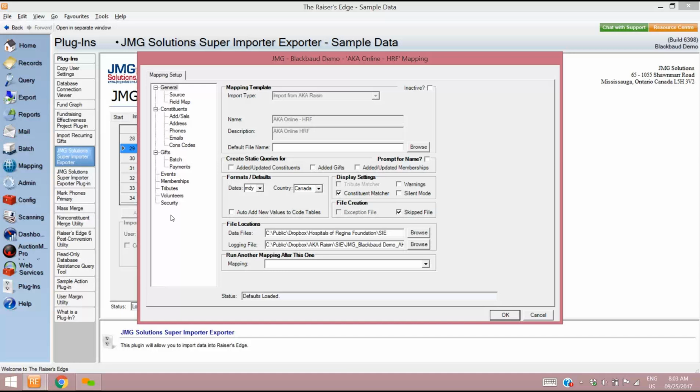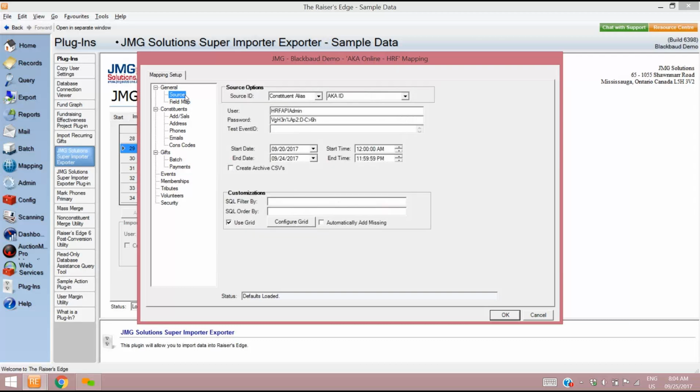Basically, the mapping process is the same no matter what data you're bringing in. There are a few little changes depending on the source of the data, whether it's aka Raisin versus a CSV file, for example. On this screen, there's not a whole lot we have to worry about. This is more of a setup screen. However, I want to draw your attention to the constituent matcher, which we're going to talk about at the end when we run the video. Under the Source tab, aka Raisin has their own